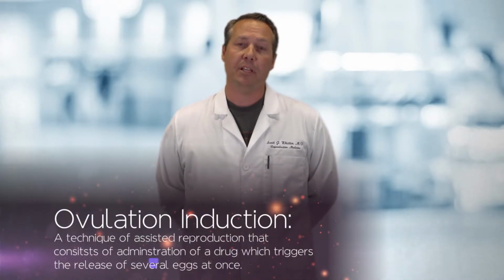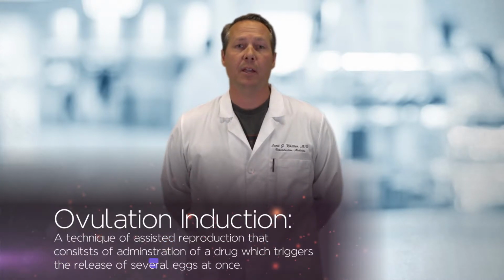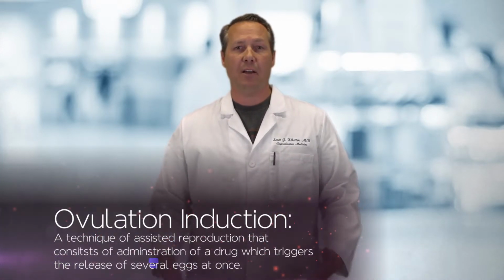Controlled ovarian stimulation refers to the act of stimulating the ovaries to produce an egg to ovulate in the attempts of getting pregnant. And there's different goals or objectives when you're trying to stimulate the ovaries. There's a concept called ovulation induction, which is really when a woman doesn't ovulate on her own. You're trying to induce ovulation to occur. So your goal really is only 1 to 2 eggs to grow in that type of a treatment cycle,